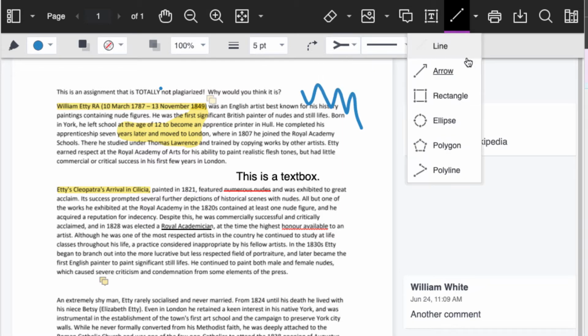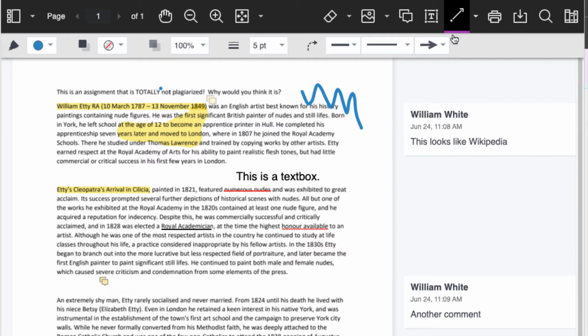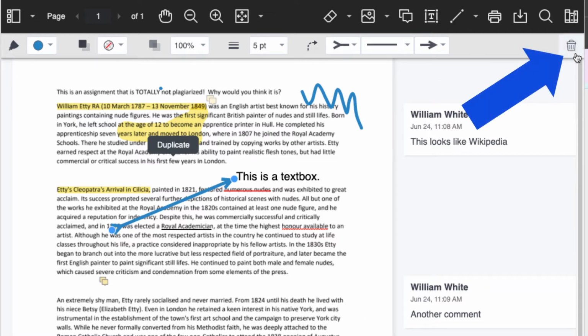So the only difference between line and arrow is arrow starts out with this arrow already selected, and line, well, we've now changed it, but if we were just getting started, the line would start out as a line. When we're ready to draw, we just click at the start and go to the end, and you notice the arrow options that we've chosen are right there on that arrow. And again, if we messed up and we need to get rid of it, the trash can icon is right here.